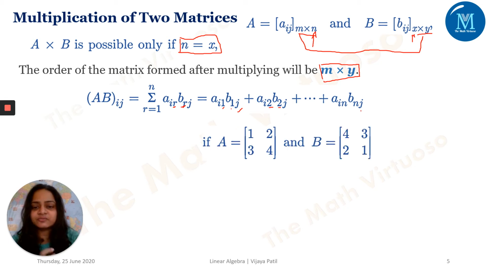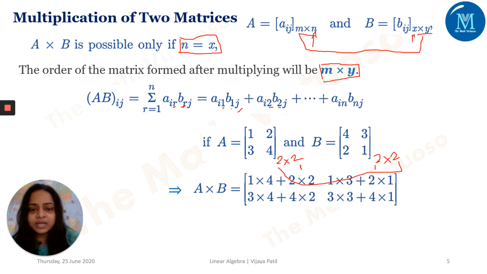Let us see a very simple example, very important, because most of the time you will require the multiplication of matrices. So it's 1, 2, 3, 4 and 4, 3, 2, 1. The order is 2 cross 2, right? And this is also 2 cross 2. That means the number of columns in the first is the same as the number of rows in the second, and my resultant matrix would be of 2 cross 2.